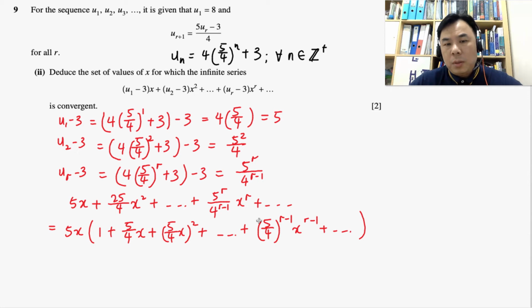If you were to sum up the n terms, most probably the nth term will be equal to... oh, all right, no, I shouldn't be writing the sum term here. I'm just saying that if you try to sum up this geometric progression, there is a condition that needs to be fulfilled for this series to converge. So we say that this series would converge